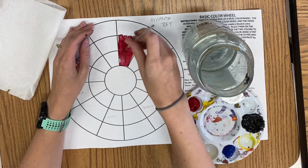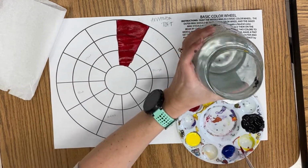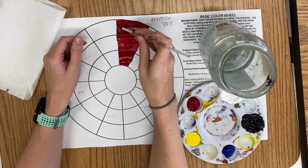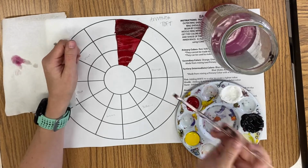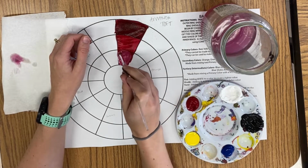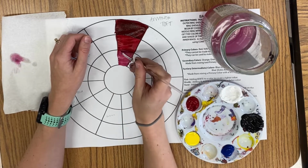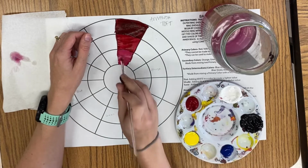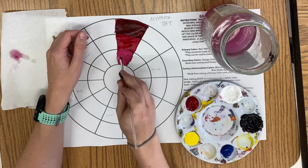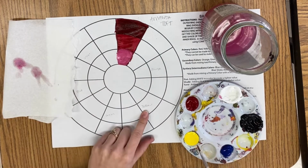Now starting out, I like to just pick my primary color and I like to mix all my paint on my paper. You're going to find out what works out best for you, but that is what I like to do best. So I put a nice solid layer of that primary color in this section over the entire thing, and then my outer ring I am putting as my shades, so I add just a little bit of black just to that and I mix that in, and then in my tint area I add just a little bit